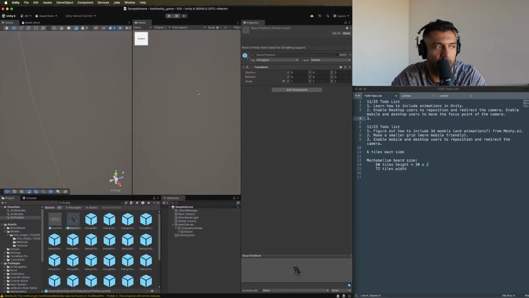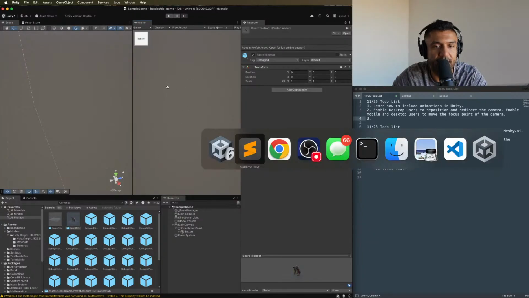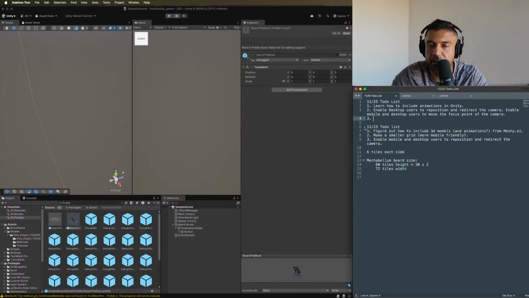So I guess the flow would be like, you press the button, and then on your mouse cursor, you should see the guy. You know, you're kind of dragging him around. And then you can place it on a grid tile by clicking again. And that would be good. So let's try to do that. So I definitely want better camera controls. I want to do animations, and then